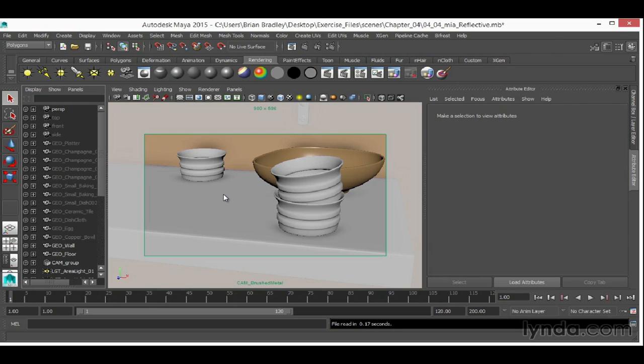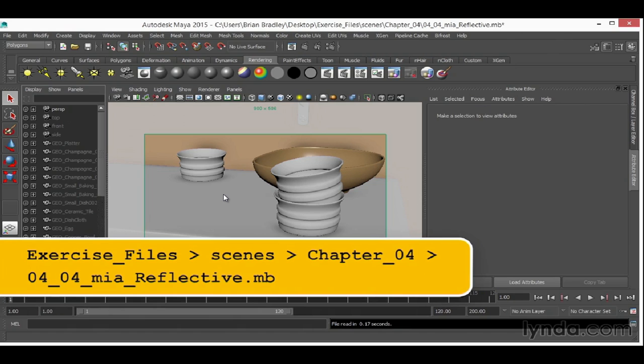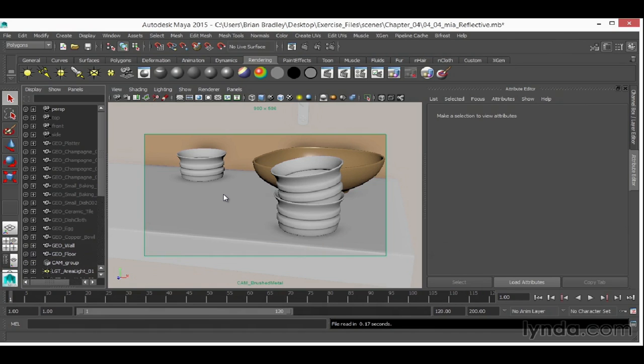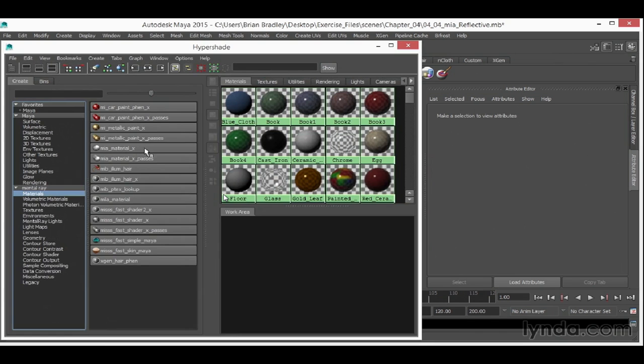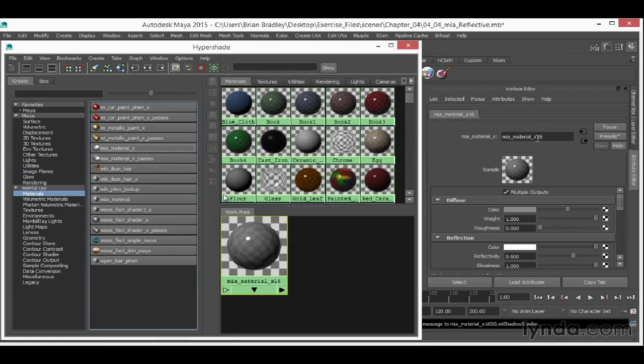In this exercise we're going to take a look at setting up a highly reflective chrome-like metal using, of course, the Mental Ray MIA Material X controls. To start, let's, as we have done a couple of times now, open up the Hypershade editor, click to create a new MIA Material X, and then over in the attribute editor, name it